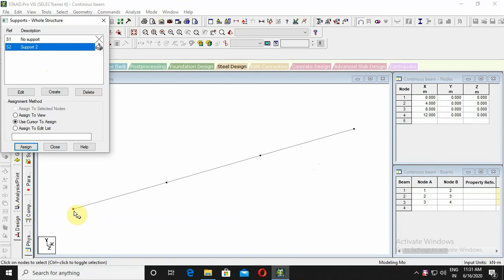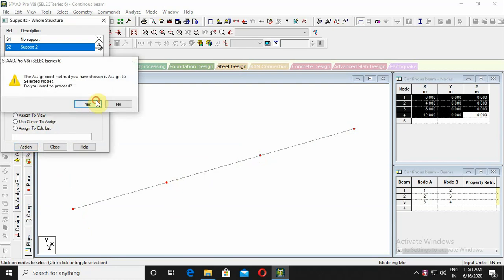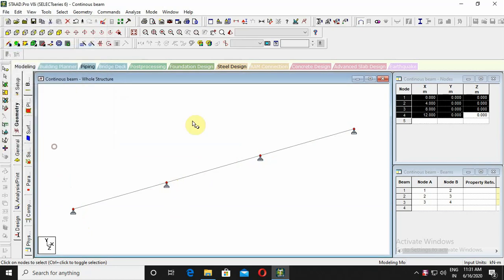If we bring it near a node, it will show the number of the node, the second node, then the third point and fourth point. Now select all the nodes, click on assign to selected nodes, and click assign. Now you can see all the nodes have been assigned the pinned or hinged support.